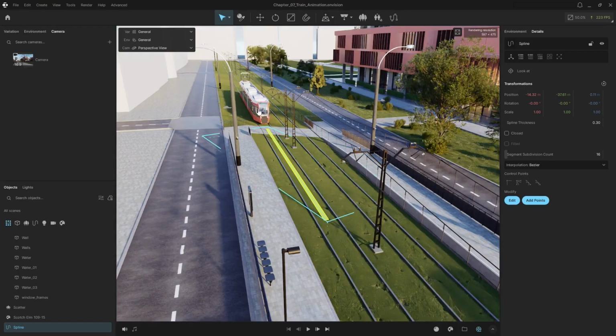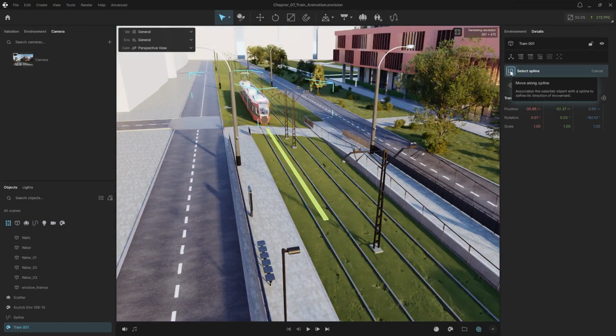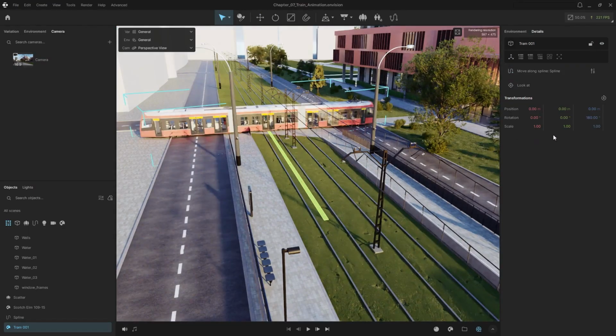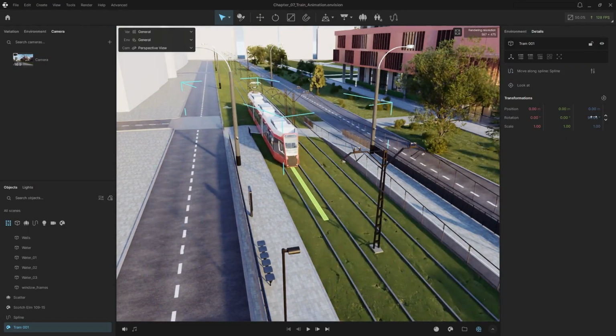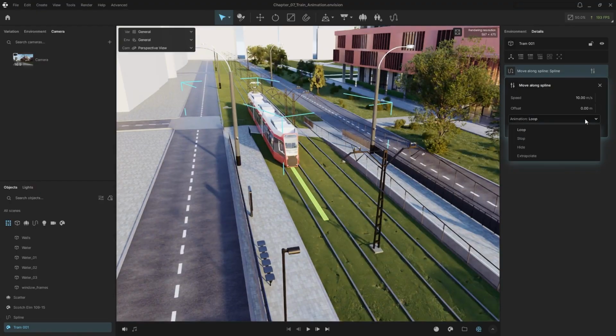Then, select the train and assign it to the spline. If you want to correct the position of the train, use the transformation settings. Once the train is assigned, you'll have access to settings that control its speed, position, and behavior along the spline. You can choose whether the vehicle should loop, stop at the end, or disappear once it reaches the end of